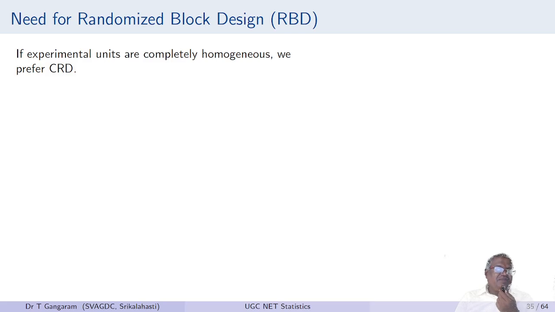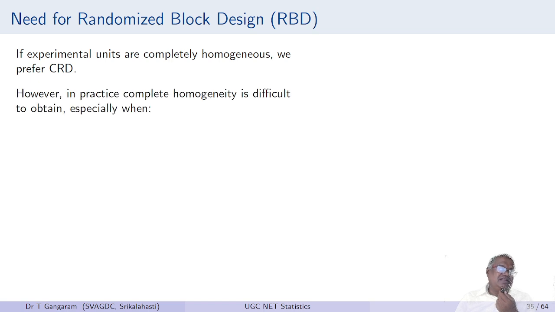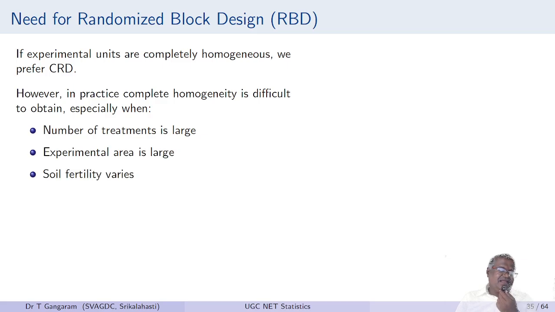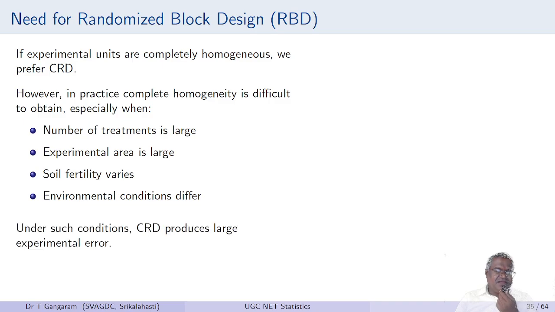Need for randomized block design, RBD. If experimental units are completely homogeneous, we prefer CRD. In practice, complete homogeneity is not at all possible. When the number of treatments is large, experimental area is large, soil fertility varies, environmental conditions differ. Under such conditions, CRD provides large experimental error, which